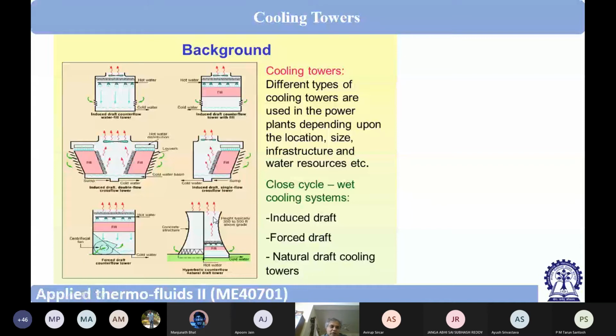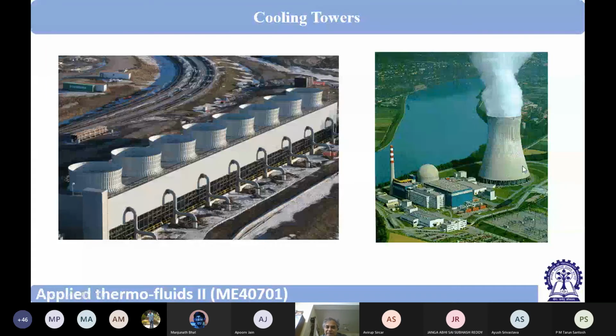I will come to them afterwards. So here you can see this is a natural draft cooling tower, very large. And this establishment, what kind of power plant is it? Can you tell me? This is a power plant. What kind of power plant is it? Nuclear. Very good. How come? So from this dome, you have understood that it is a nuclear power plant. Very good. Who has told it? Good, compliments to you. And always with a nuclear power plant, or in most cases, they will show a natural draft cooling tower.